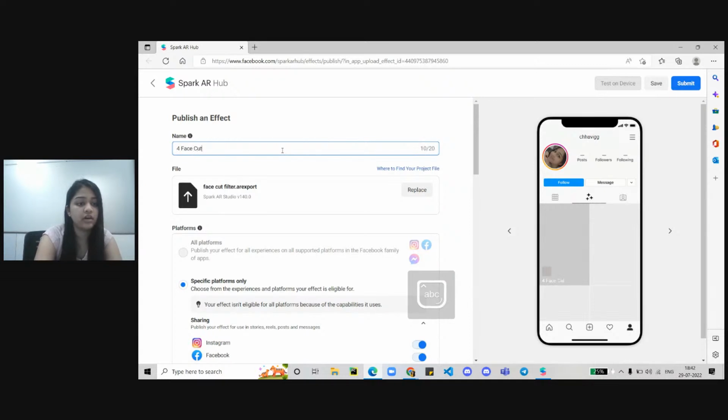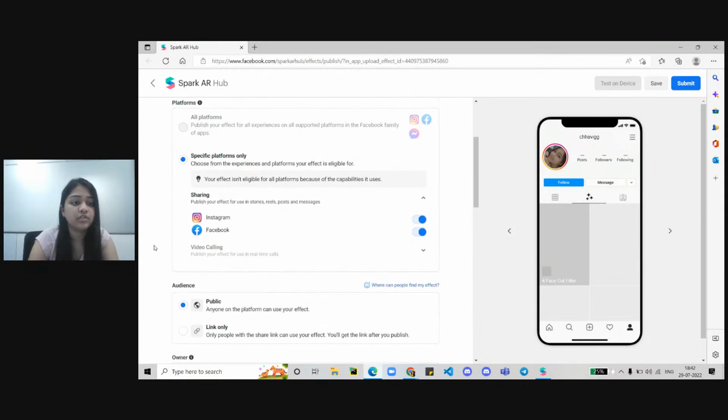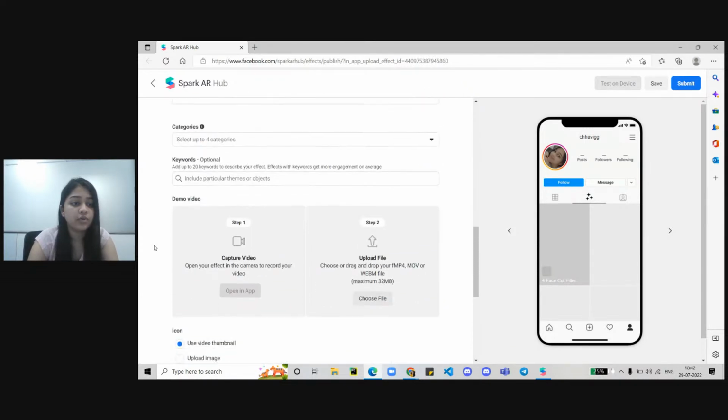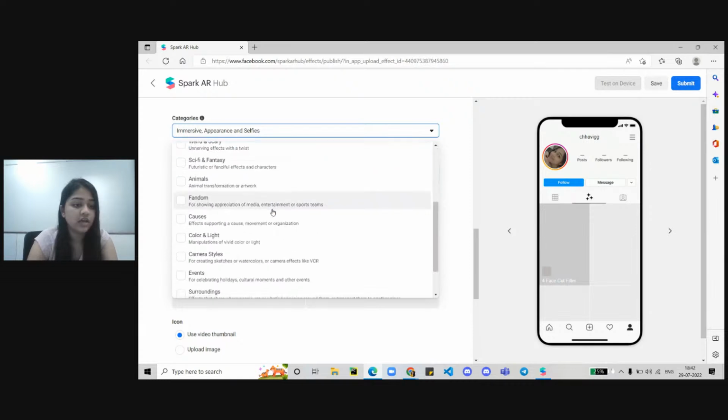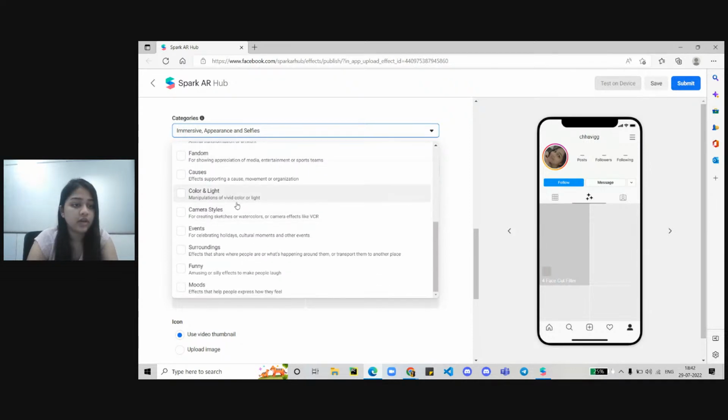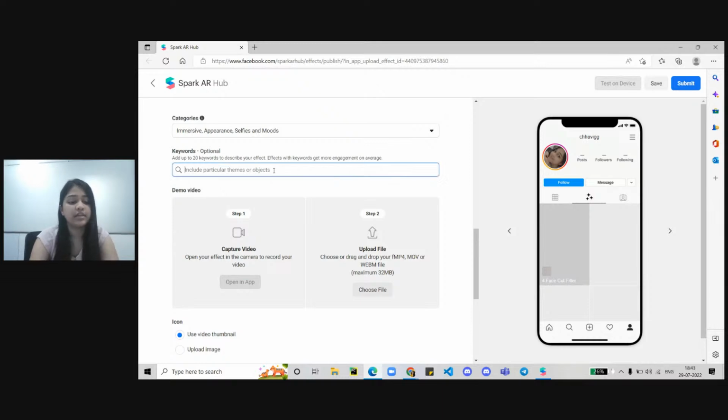four face cut filter. After making it a four face cut filter, let's add some categories to it. What sort of categories do you want? Like, it's for appearance, it's selfie, it's not weird and scary, it's for the immersive. And let's add one more. Let's add some more. Cool. We have added the four categories, and let's add the face cut, four cuts,